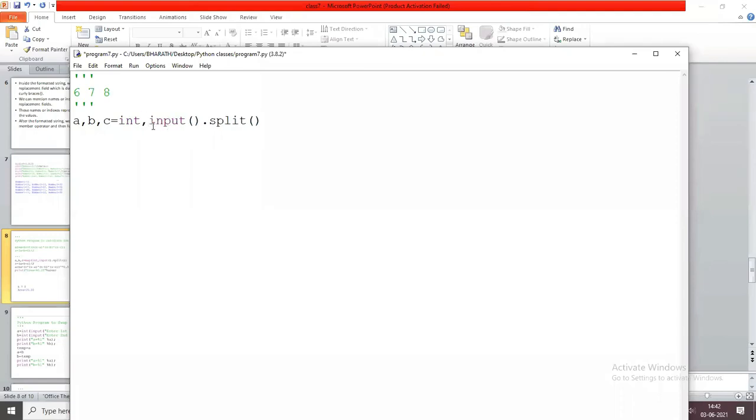Now I am going to apply the int on all these data elements. So I give int comma input dot split, so I can apply this int on all the objects. So I write map function. So map int comma input dot split. If you print a comma b comma c, what it prints? Execute this program.